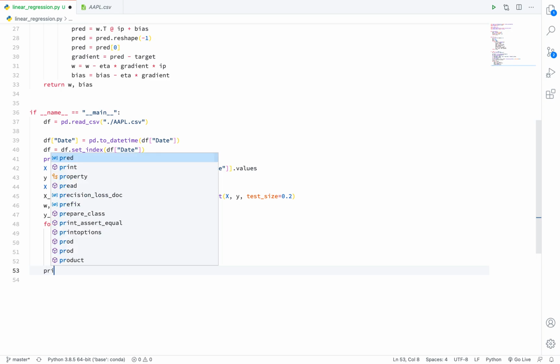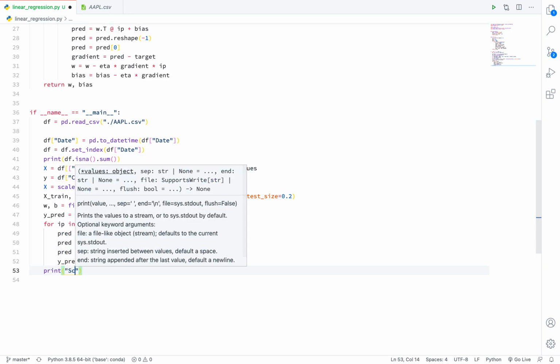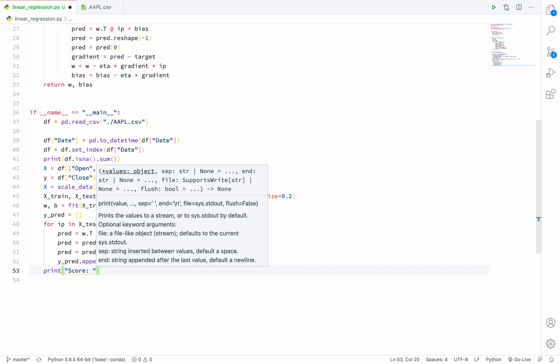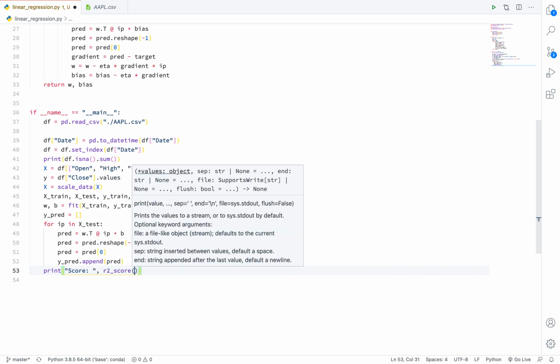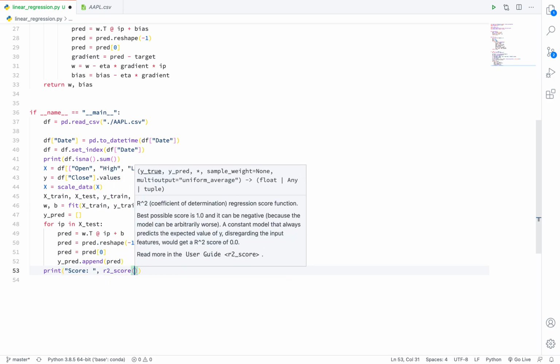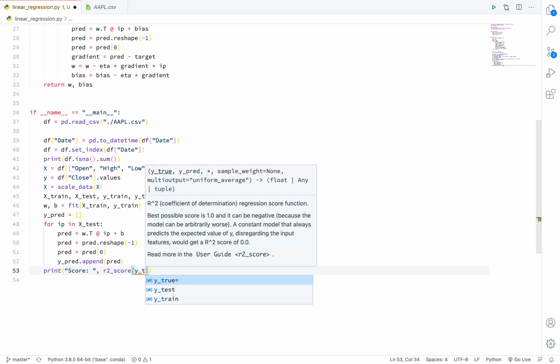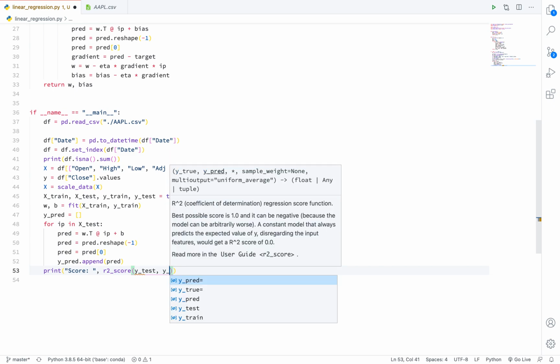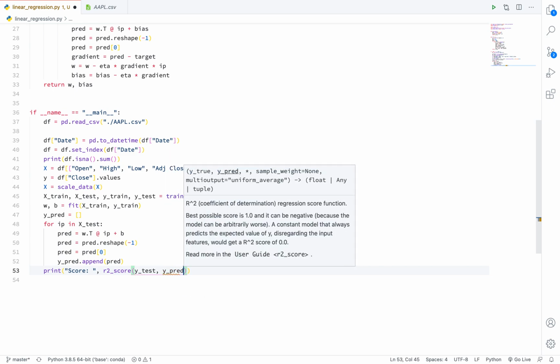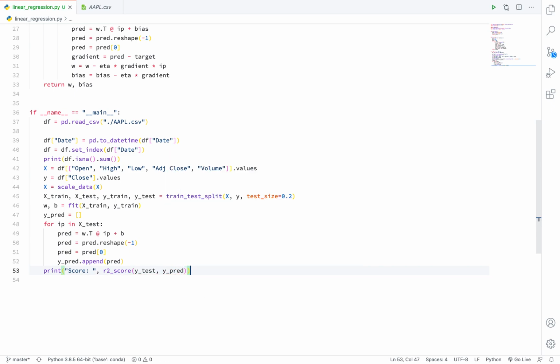Now it's time to calculate the score. What is the accuracy of our model? For this we are using the R2 score function from sklearn. The first argument of R2 score is y test, then y pred. So let's run it.